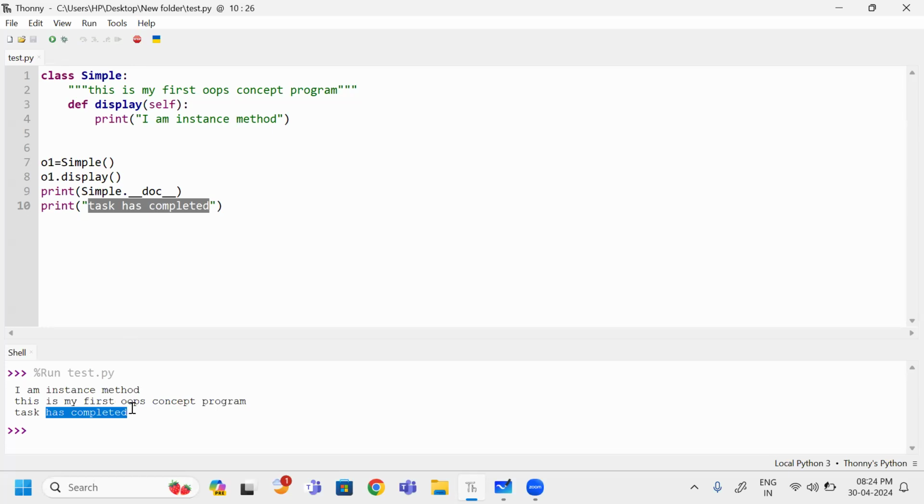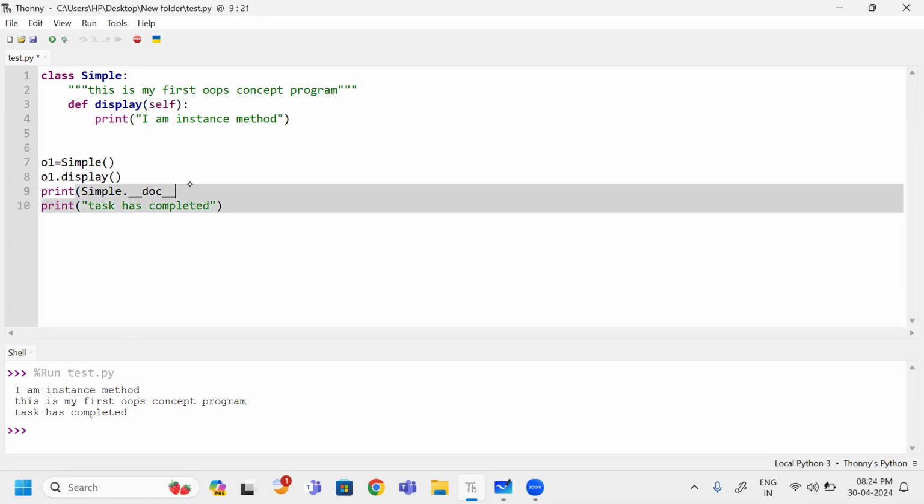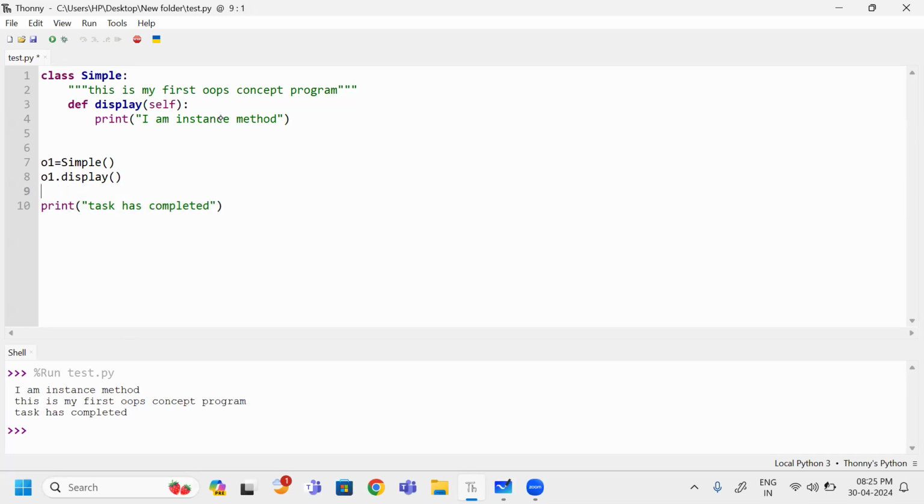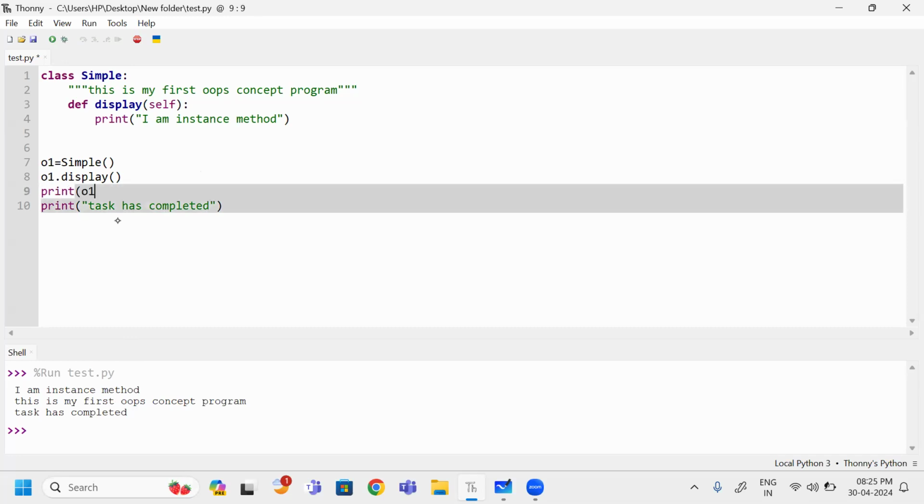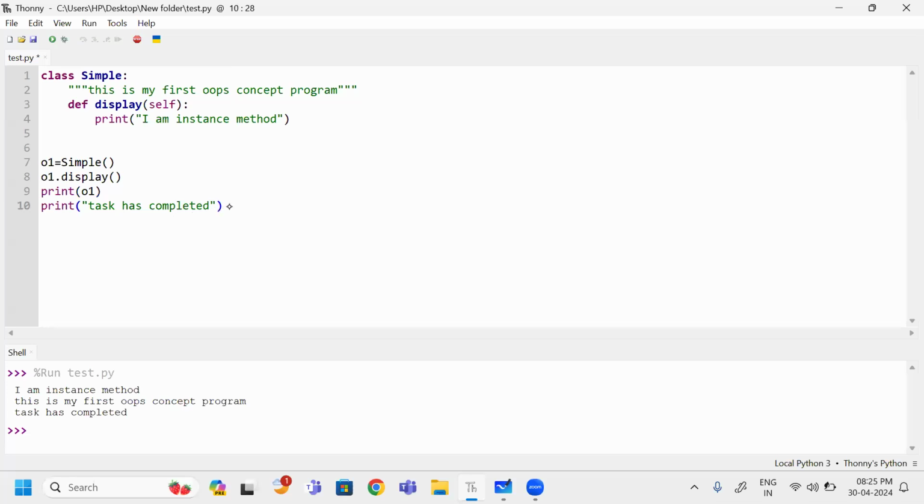Next, what can I show? This O1 and this self, both are the same. I need to prove it. So simply what I am doing, I am removing this one. Now I don't want to disturb you with these multiple messages. So here, I am simply printing what O1 is. Even this Task completed I am removing. Now let us see what output it shows. I won't call even this display also. Okay, right. When I run this one,